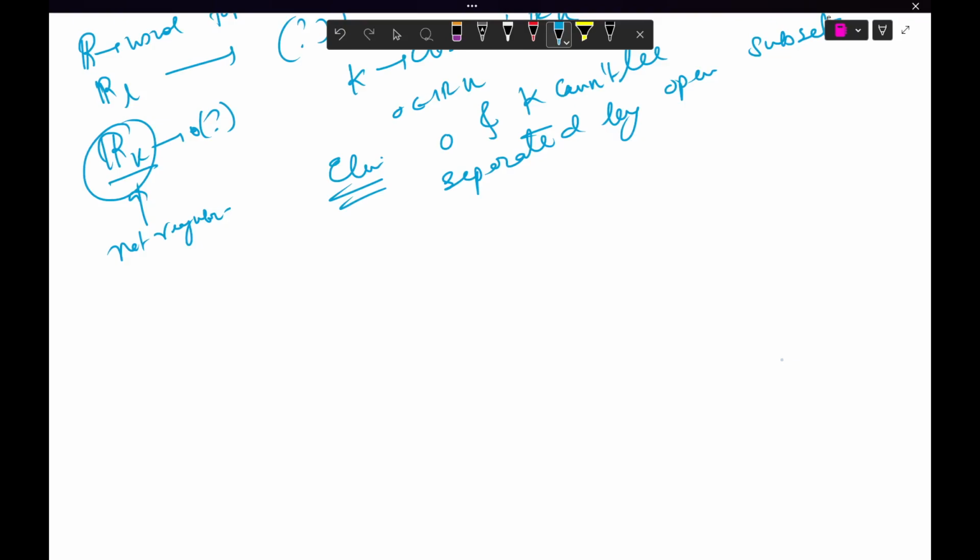So we need to obviously prove it by the method of contradiction. So suppose there exist open sets. I mean, sorry. Let the set {0} and set capital K